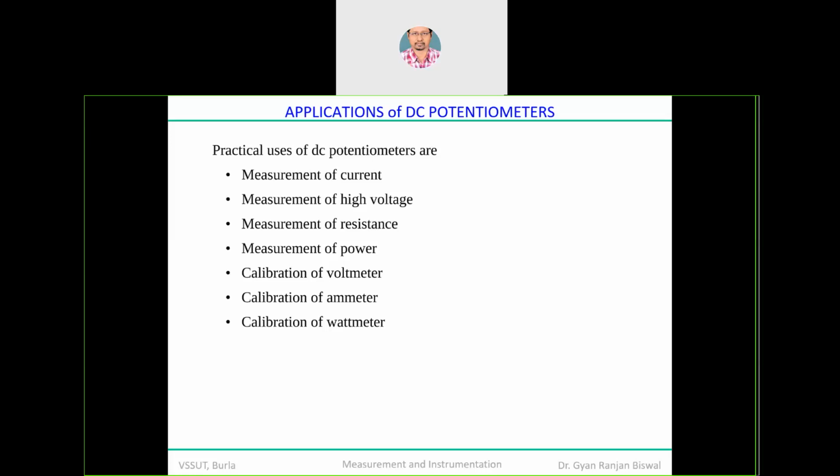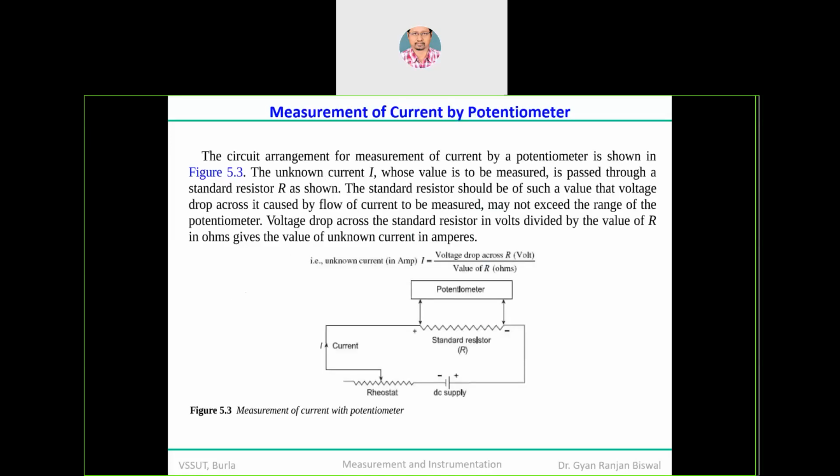And not only this, the potentiometers are also used to calibrate the voltmeters, ammeters, or wattmeter under the measurement. So it can be used as a secondary standard tool. It is not exactly a secondary standard tool, but in a laboratory environment it is very handy because you don't require very sophisticated facilities to have the secondary standard tools, and that is how you will be able to measure or calibrate the voltmeters, ammeter, or wattmeter under the measurement to find out the unknown value of voltage, current, or